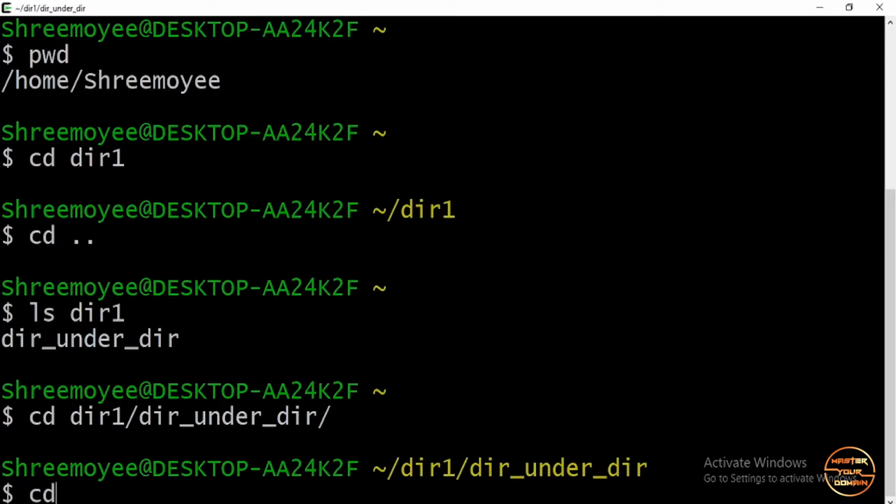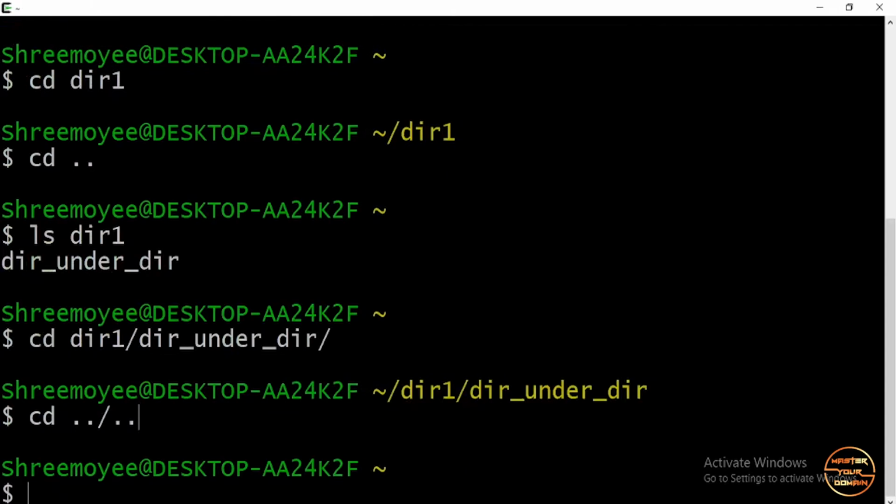Now I want to go back to my home directory. So either I can give cd and hit enter, it's gonna take me to my home directory, or I can give cd then dot dot then a slash then again dot dot. The first dot dot means one level up from the current directory, which is dir1, and the other dot dot means again one level up, which is my home directory. And now I want to go back to dir under dir once again.